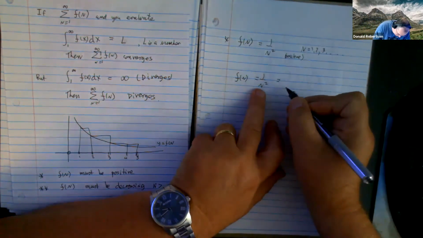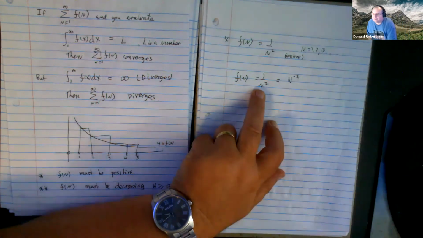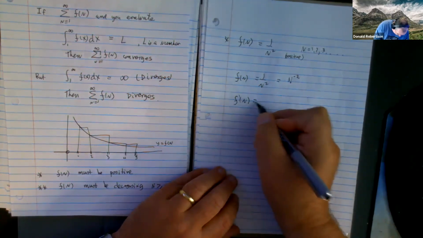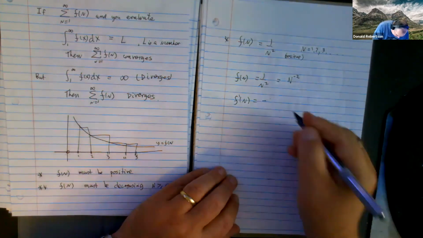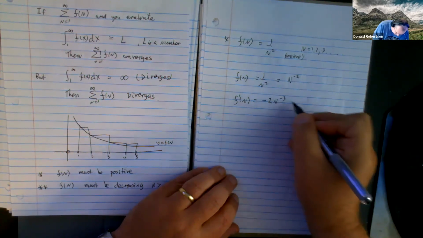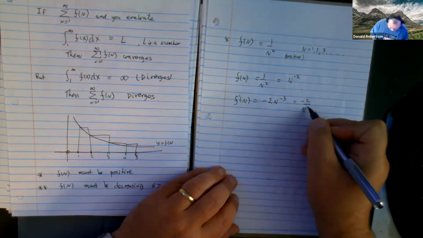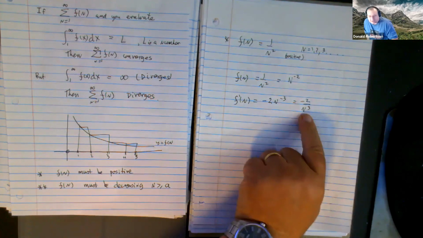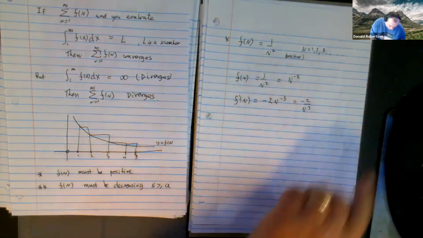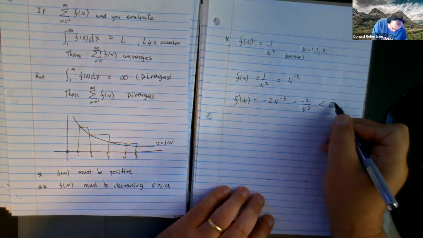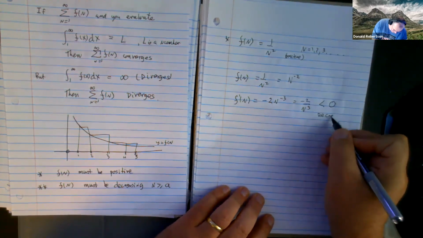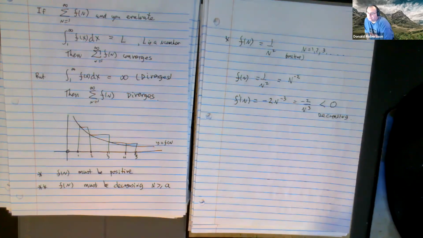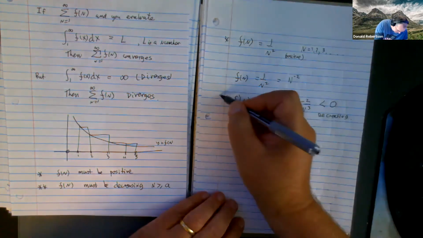Now, if I want to differentiate that, don't I have to call it n to the negative 2? And so when I differentiate this guy, you multiply by the power and you reduce it by 1, which is negative 2 over n cubed. Would you agree that negative 2 over n cubed, where n is only in this list of numbers, is guaranteed to be negative? So I have now proved that it's decreasing. If your derivative is negative, aren't you a decreasing function? So this little bit here,